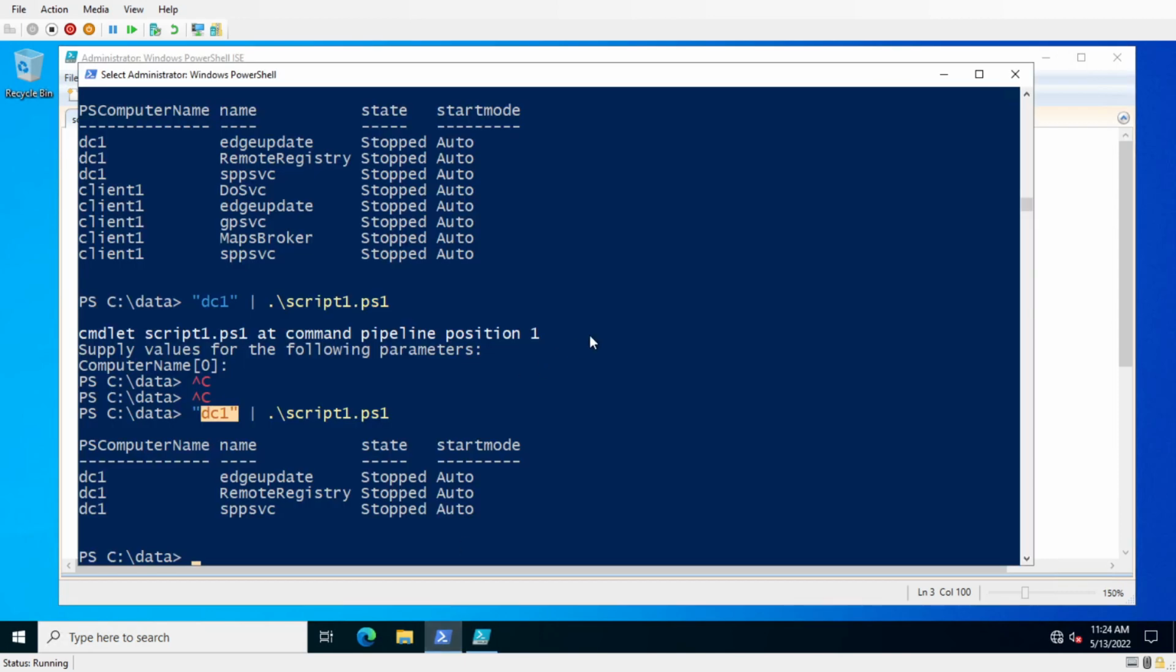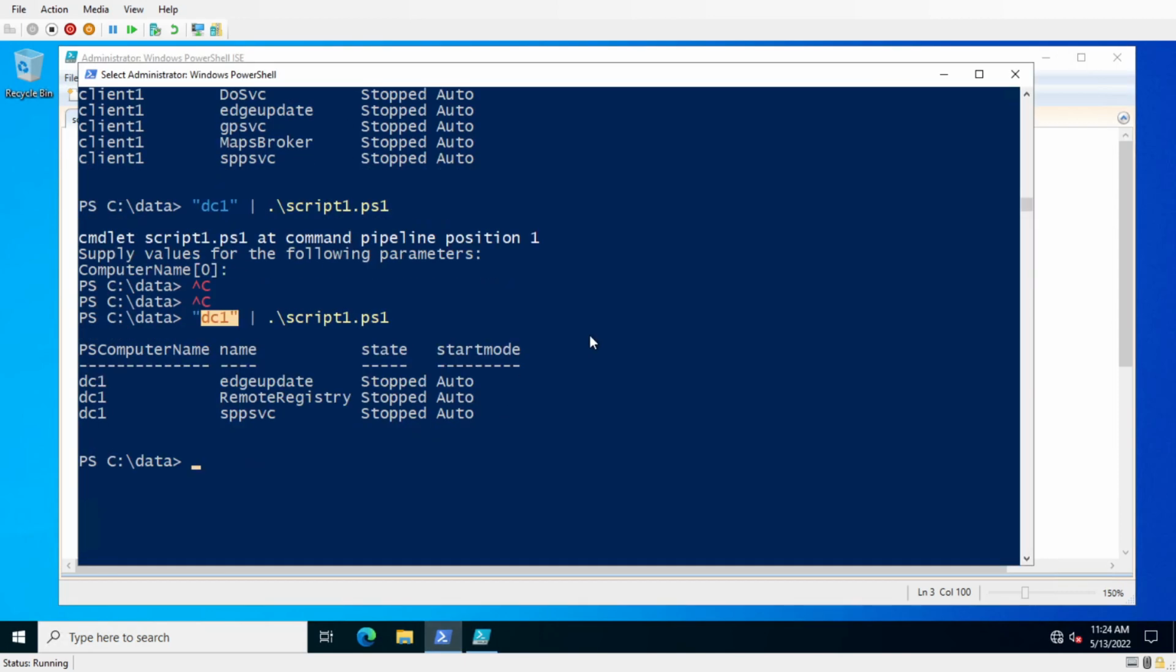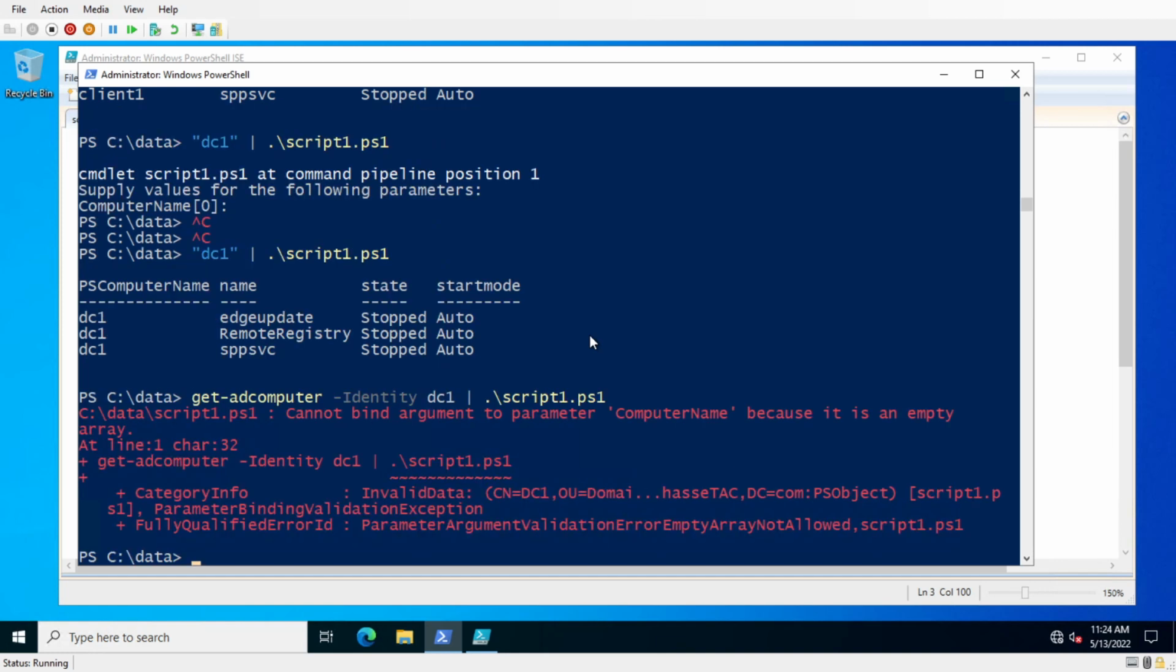However, the one thing we cannot pipe in right now is this: if I did Get-ADComputer -Identity DC1 and pipe that over to my script, you'll see that it's not going to happen. All right, so we're having a failure to communicate here, right? Because two things are kind of happening here. So number one,